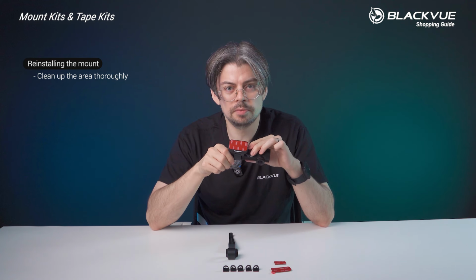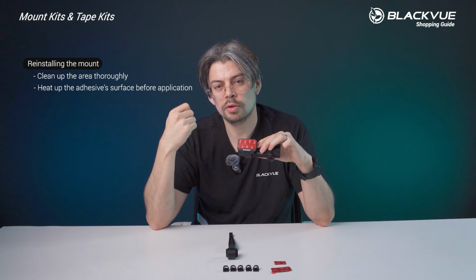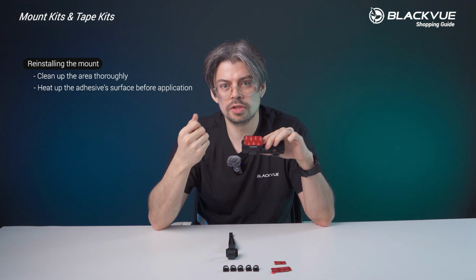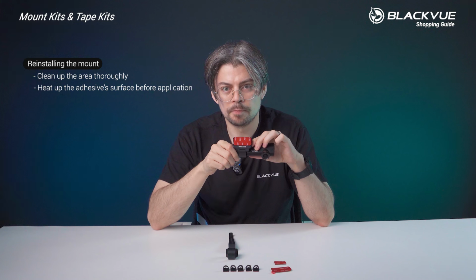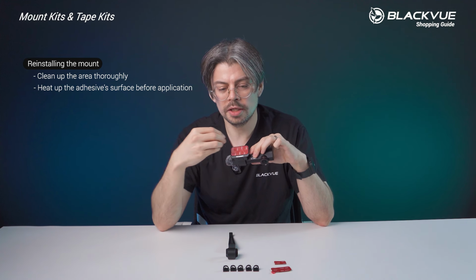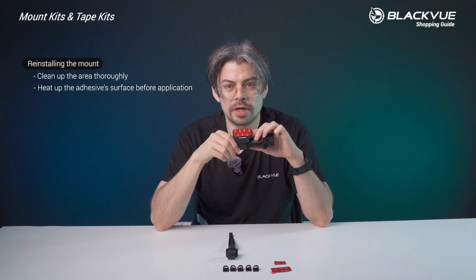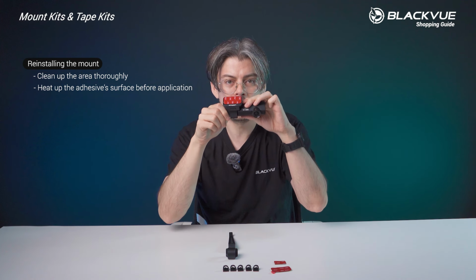And as an extra tip, like Gorilla taught us, you could try to heat up the pad a little bit using a lighter or even a hair dryer or heat gun to heat up the pad and strengthen the adhesive strength before applying it to your